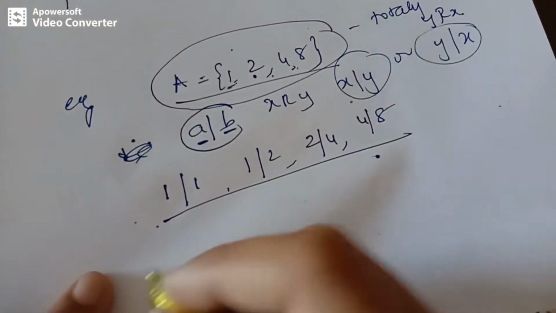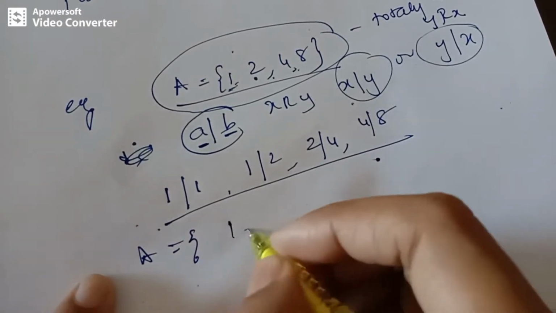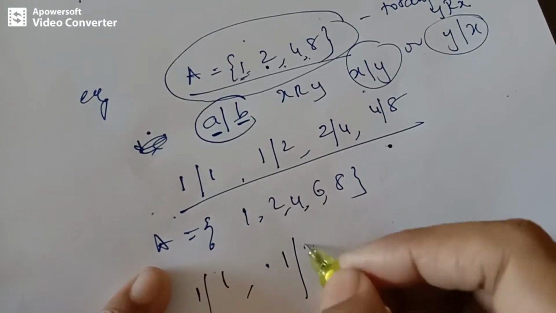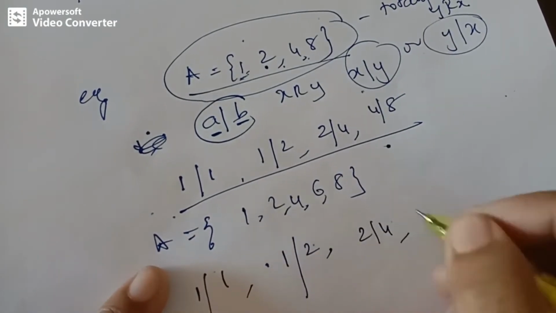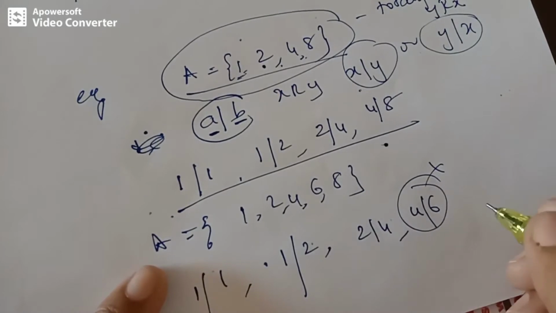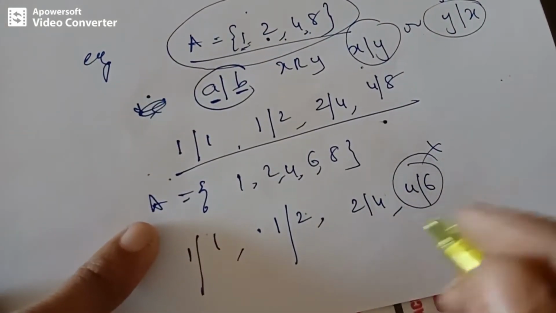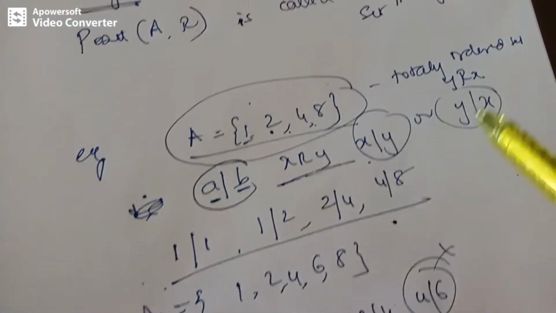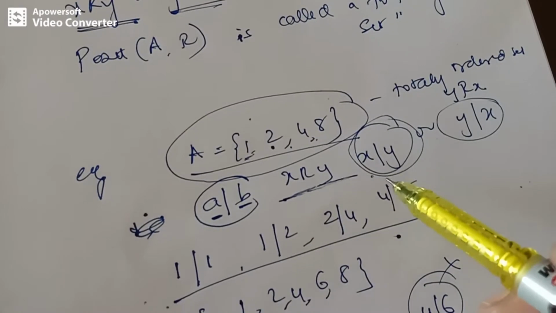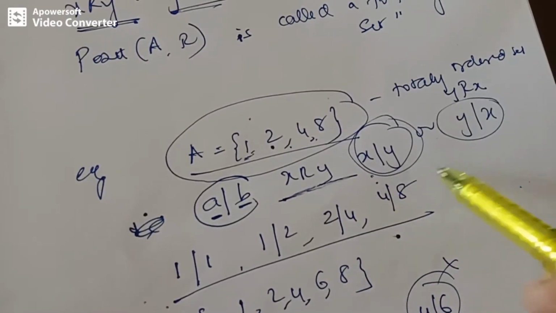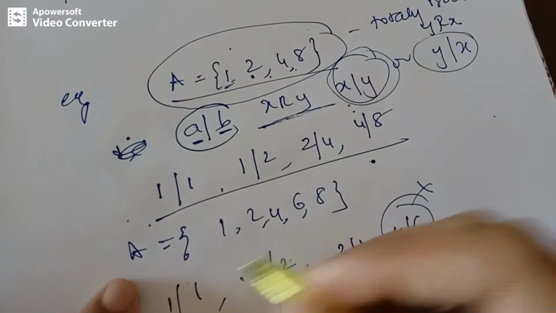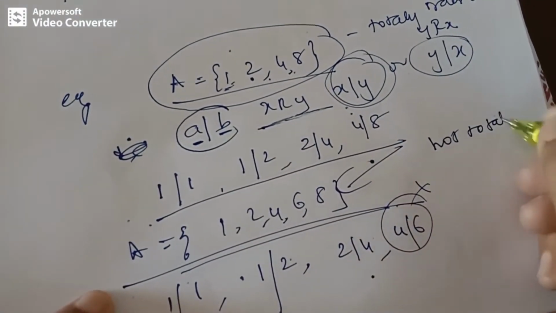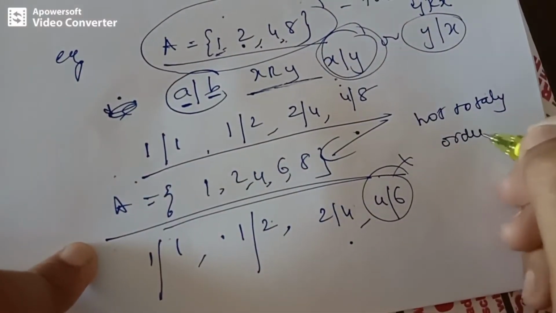So now if we take another example, let me change the set elements. So if I take 1, 2, 4, 6, 8, you check whether each and every element is divisible. 1 divides 2, right? 2 divides 4. Does 4 divide 6? No. Right? So therefore, it must be related, that is, x must be related to y by this relation, that is, each and every element must divide some other element, say y. So therefore the relation R over this set is not a totally ordered set. Okay, it is not a totally ordered set.